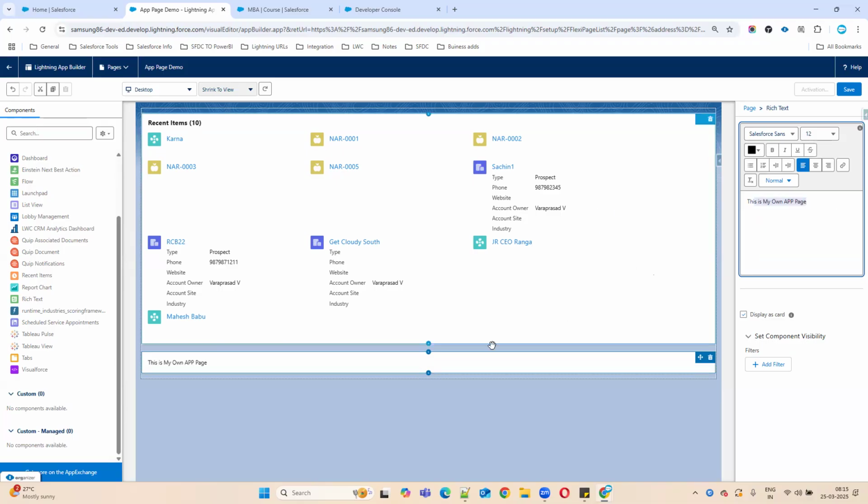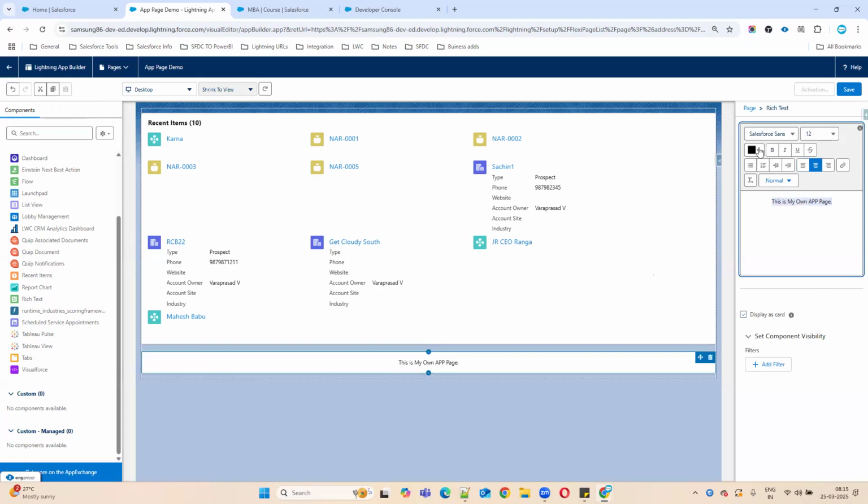You can add anything. Normally we can get some custom components and use them here, but we don't have any custom components. That's why I'm using some standard components here. You'll understand once we discuss the development course how we can add custom components here. I'm just adding these so you understand what an app page is. So this is my own app page.